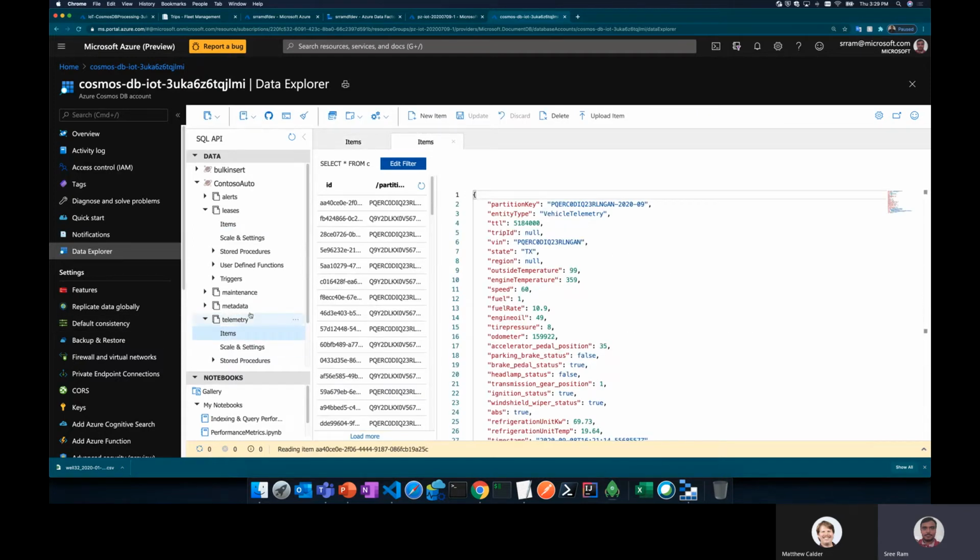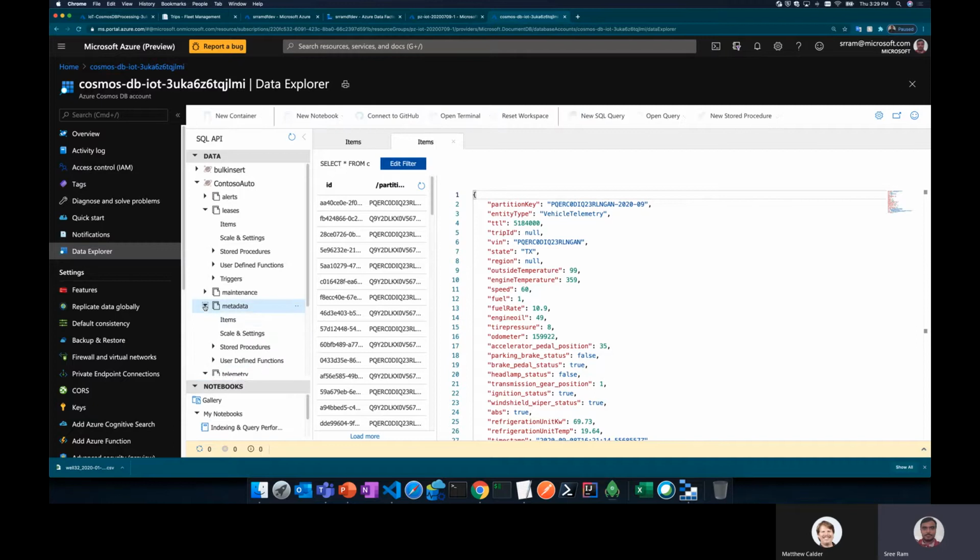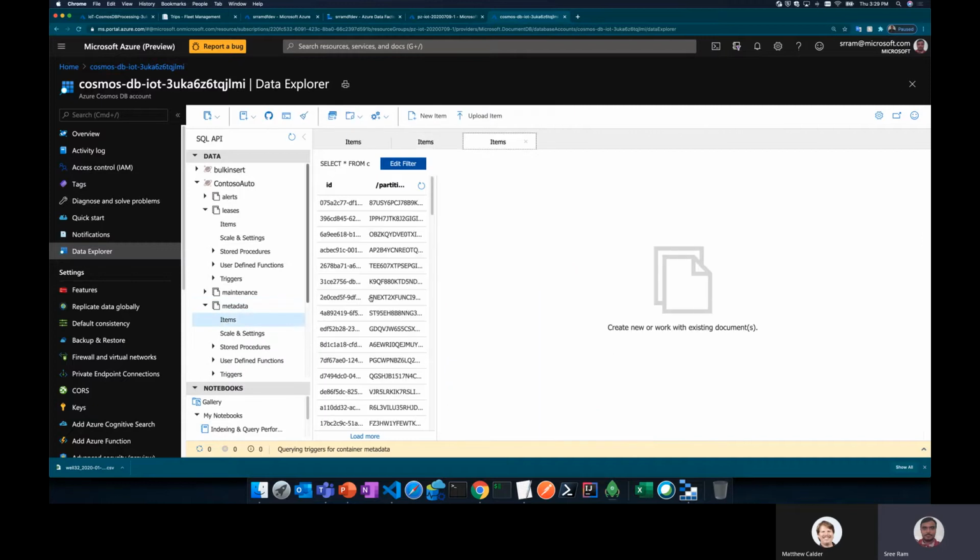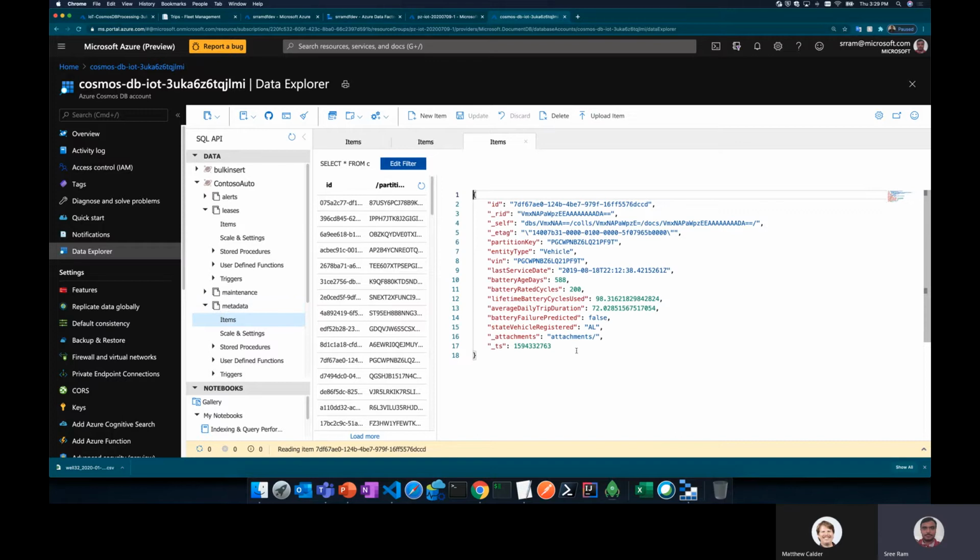We performed all the calculations on that, and we put our outputs within this metadata container where we calculated everything. For example, just like entity type vehicle, we have another entity type called vehicle summaries. In that, we have put all the summaries so that our application can use that in near real time.